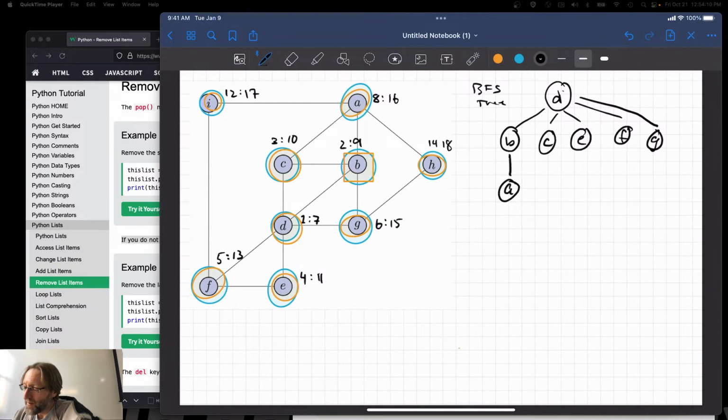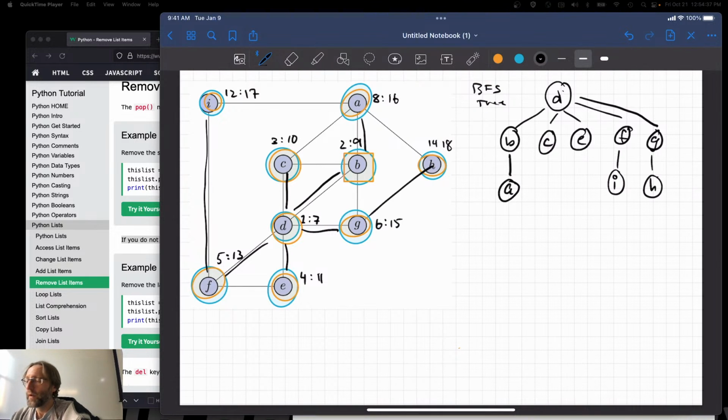I should have highlighted all the tree edges here. We started with D. All right, 1, 2, 3, 4, 5. Then we went from B to A. Then C, no. Then E, no. F to I. There we go. Then off of G was H. There we go. So a very, very shallow tree, which is what we would expect because BFS explores the